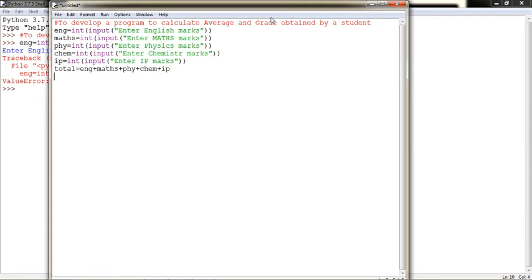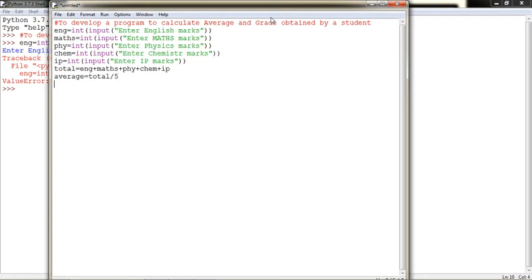Total has been calculated. Then let us come to calculate the average. Average equal to total divided by 5. Or you can write total multiplied by 100 divided by 500. So 100 and 500 cancel, and 5 will come. So the same thing will come, total upon 5. If you write to calculate the percentage, total into 100 upon 500, so total upon 5 is okay.